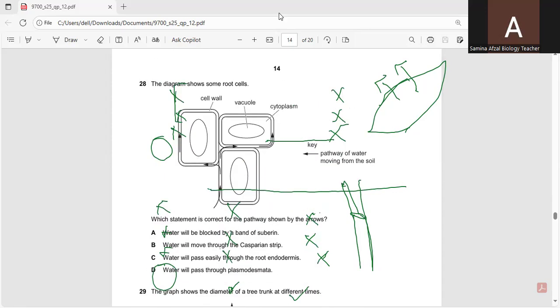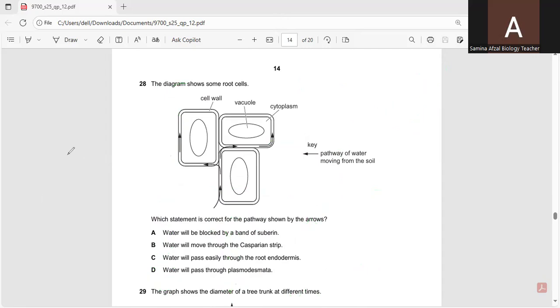Next question is, so here you can see a diagram shows some type of root cells. Which statement is correct for the pathway shown by the arrows? Arrows show that water